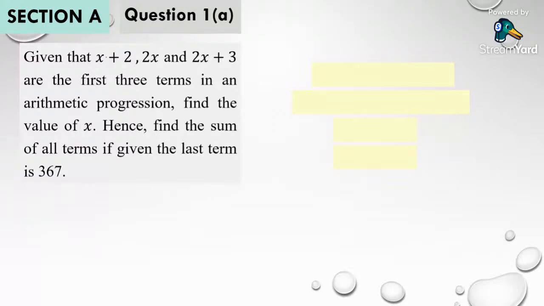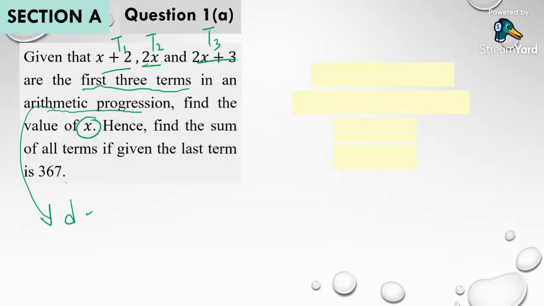Okay, let us slowly interpret the questions. First, these are the first 3 terms. That means I have it as T1, T2, T3. The question told that this is an arithmetic progression, and we want to find out what is the x value. What the arithmetic progression happens to give us is that, if it's an arithmetic progression, I have a common difference. The D exists.